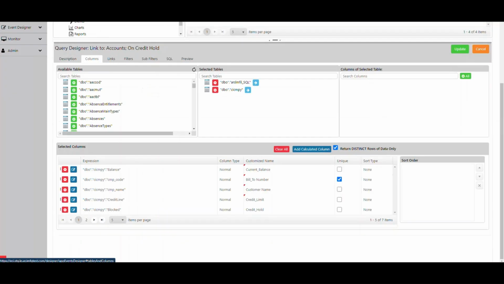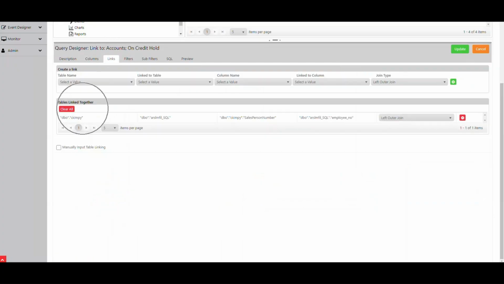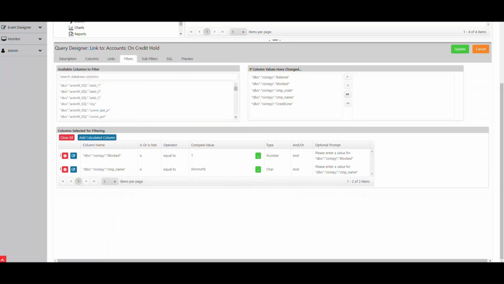Looking at the Columns tab, I've selected two tables for this query. One is the customer table, the other is the salesperson table. I've also selected several columns retrieving a number of data, such as customer name, current balance, and credit limit, and more. Those two tables are linked together in the Links tab, and it is on the Filters tab where the